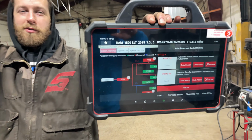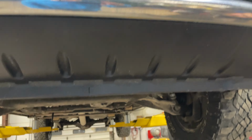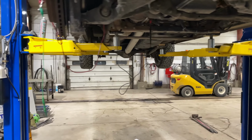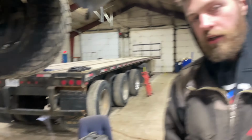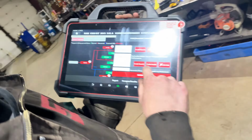Okay, so we got a 2015 Eco Diesel. We got check engine light on, and I believe the customer stated that there was a service DEF system message coming onto the cluster. So scan it for fault codes. We have